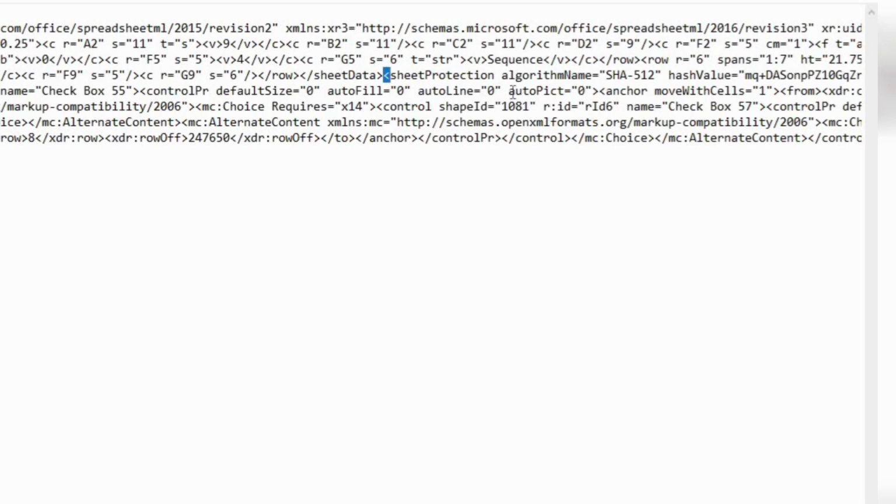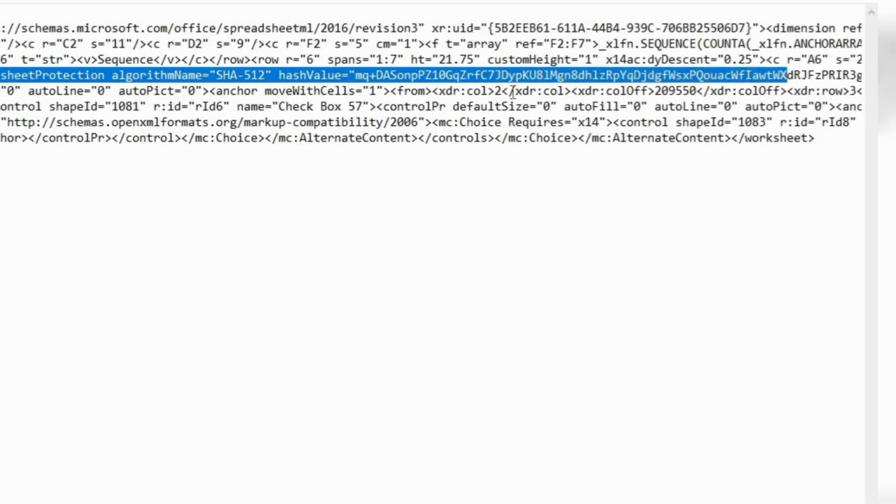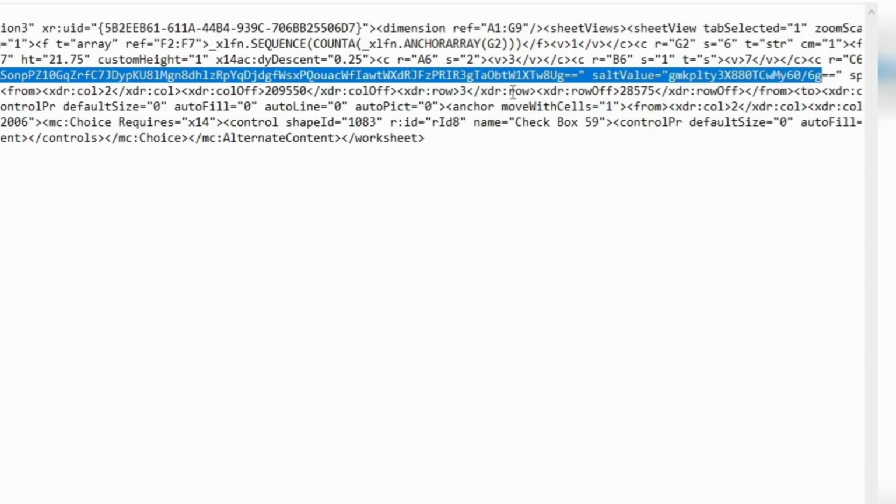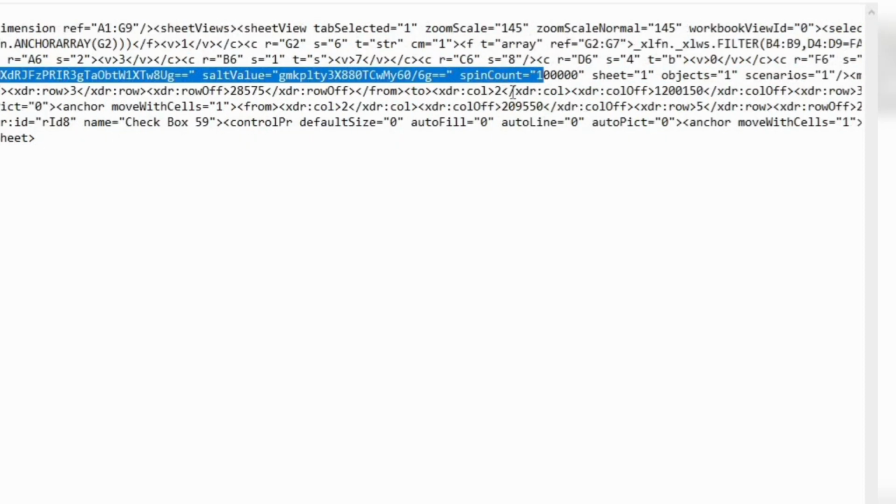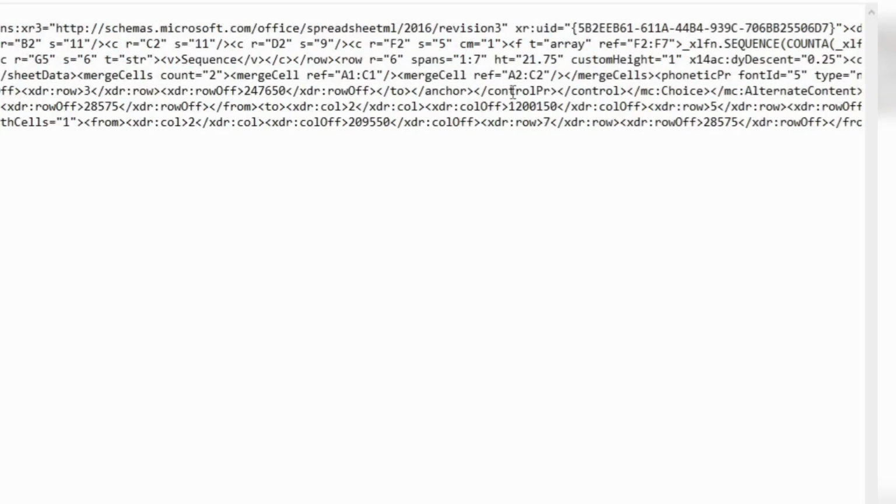From here till the closing tag, select the entire text. Now you can see here is the closing tag. Now just delete it. Now I have deleted that protection syntax. Now save it. Now I have saved the file.